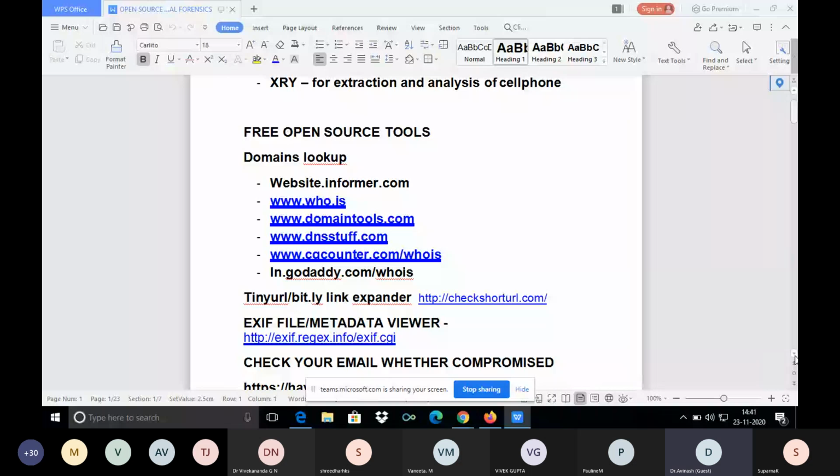We should install the open source tools in our laboratories and practice such tools in order to teach the students. Even we can help the police, or if some kind of crime happens, so that if we have